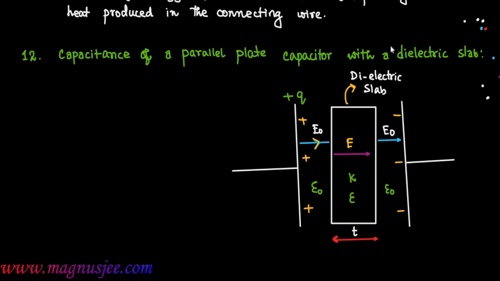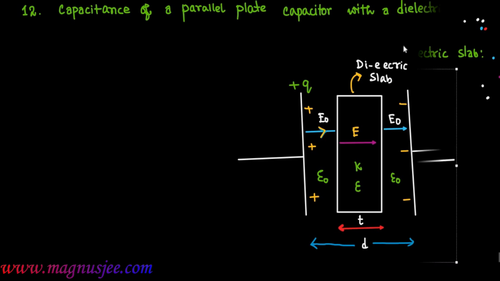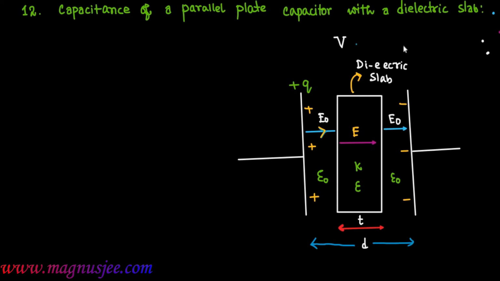We can denote the thickness. t is the thickness of the dielectric slab, and d is the distance between the two plates of the parallel plate capacitor. We can denote the potential difference between the two plates. V is the potential difference between the two plates. Capacitance of this parallel plate capacitor C equals Q by V,